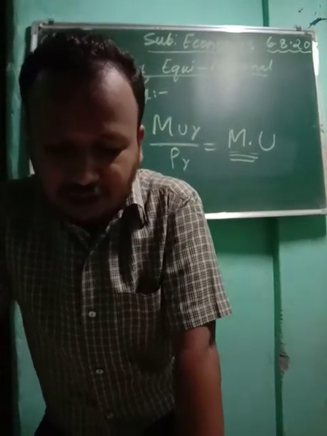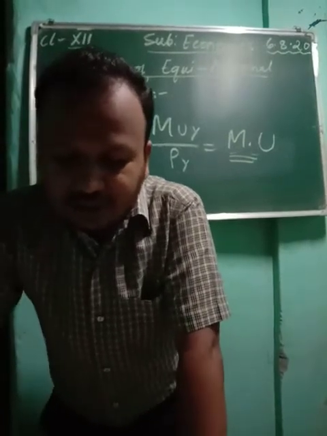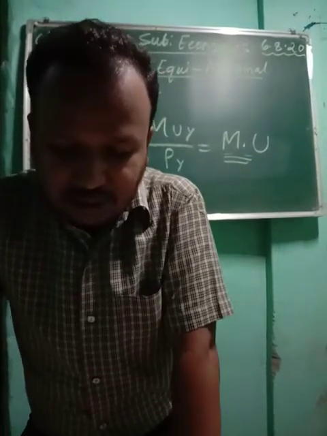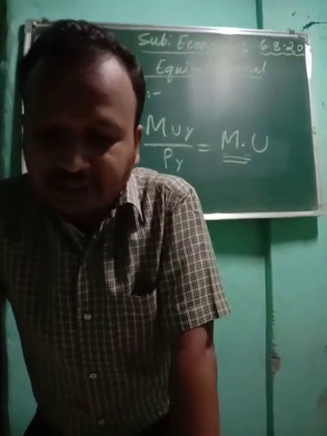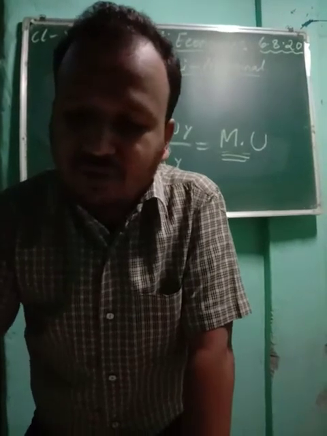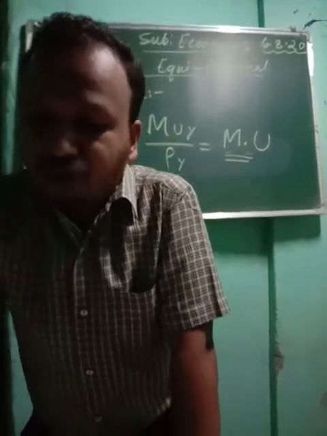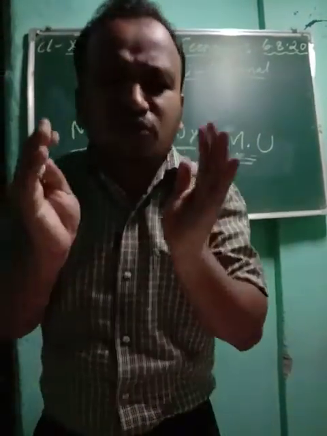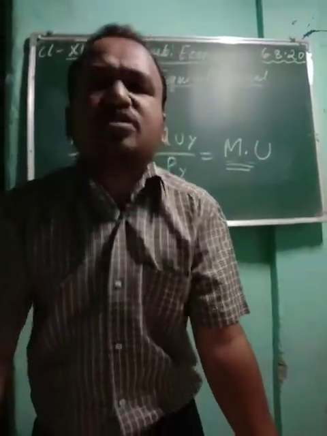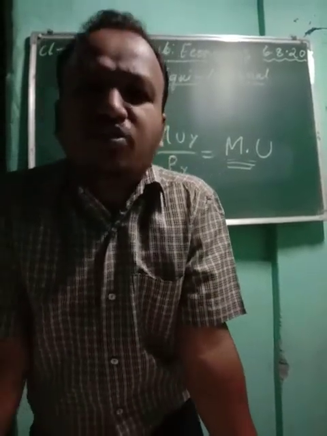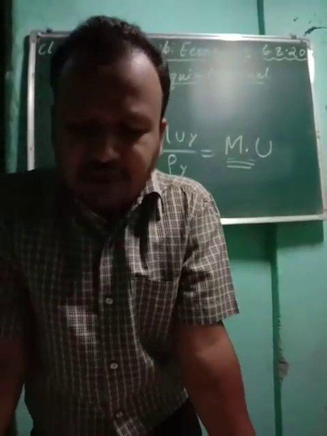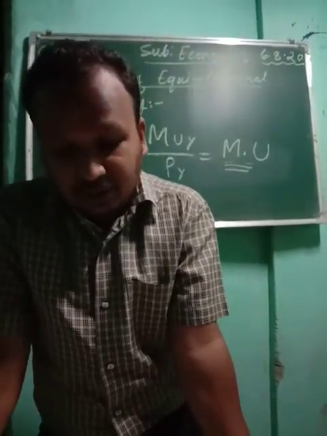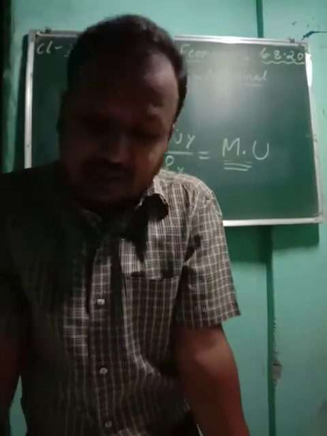Now the consumer wants to buy 2 commodities, so he will spend the first rupee on oranges, the second on mangoes, again the third on oranges. Similarly he will spend the 4th and 5th on orange and mangoes. So in this way the consumer will enjoy maximum satisfaction. That means the commodity in which he is going to get maximum satisfaction is the one on which he is going to spend more. First he is spending on orange, so he is getting more, then he is spending on mangoes, again on oranges, again on mango.